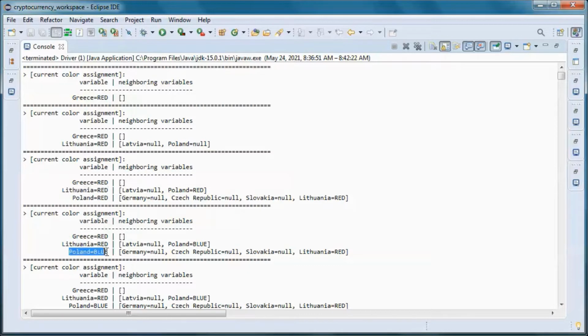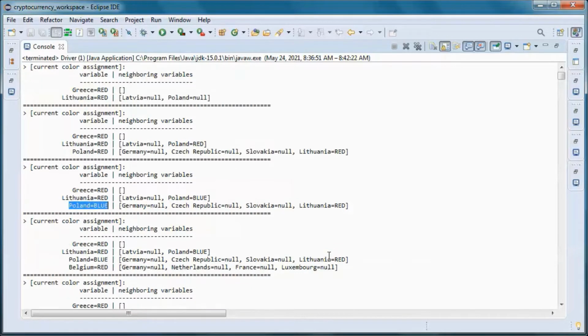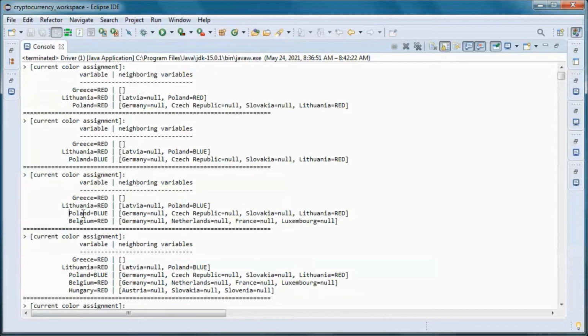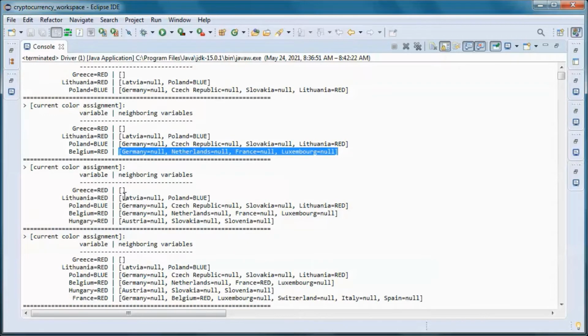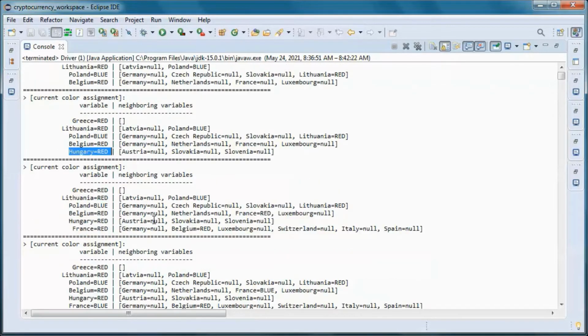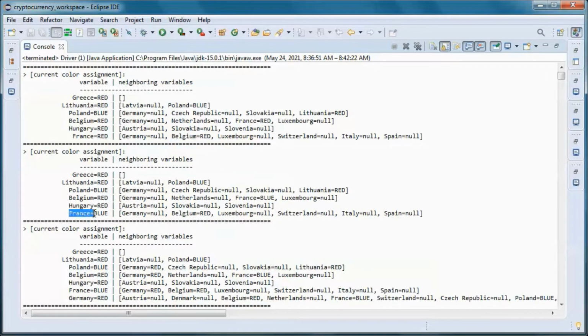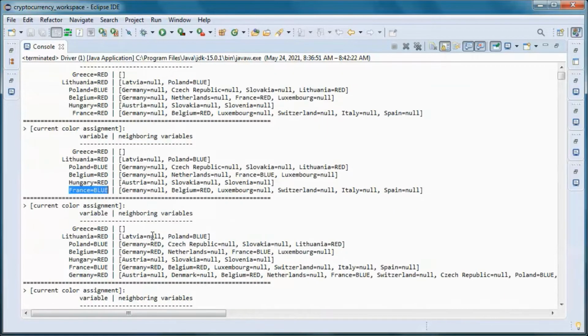So we try with a different color and we succeed. So we move to the next country and we assign it this color, and we haven't assigned any color to any of its neighbors, so we succeed. And we move to the next one, same thing, and the next one, and this neighbor has the same color, so we change the color and we succeed.